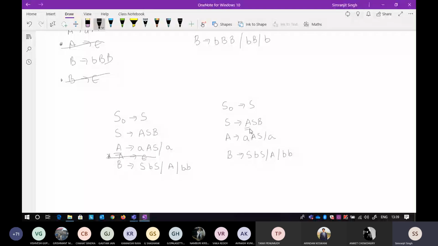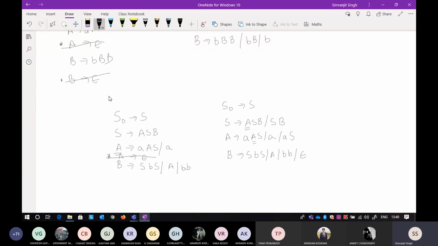Okay, so in this there is an A, so put epsilon here, it will become SB. So that is fine. Here is also an A, so put epsilon here, it will become AS. Now one thing is added here. Okay, so now in the last one, if you put epsilon here, the epsilon is also included in the language. Previously I've told you, if epsilon comes in any symbol other than the start symbol, you should just delete it, you do not write it. So this is not the case. Now this becomes your new question.